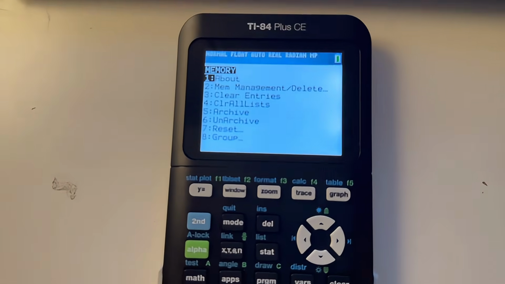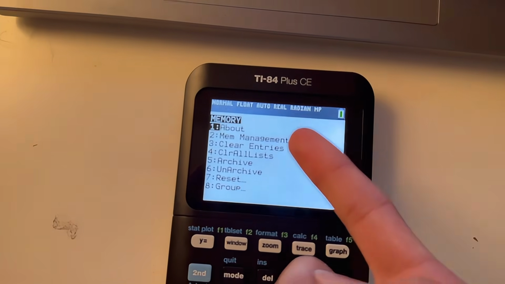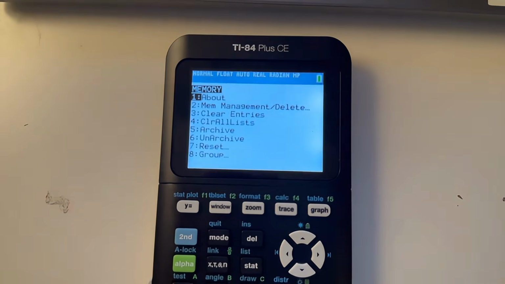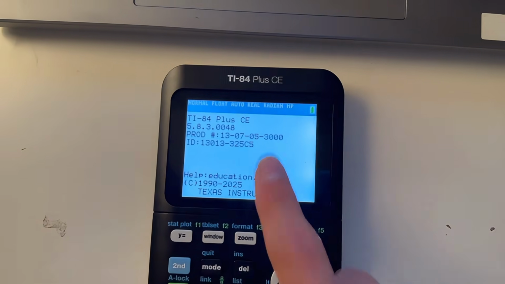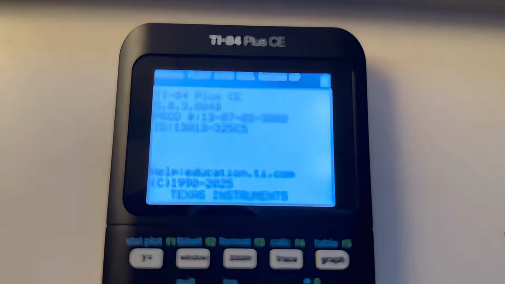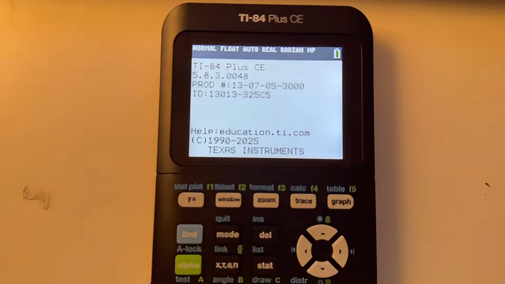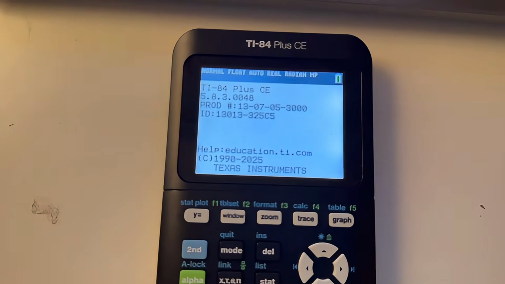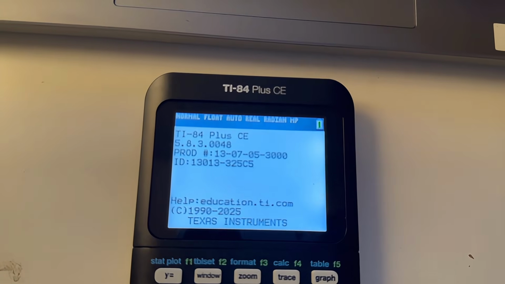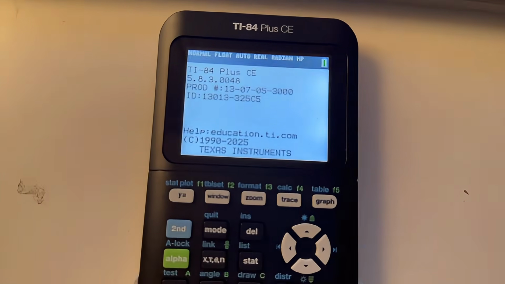My bad about that. I just had to click on second plus. And if you want to see what version you've got, you just go into About and click Enter. And then you're just supposed to see the version. But anyways, the newer versions are 5.5 and higher, so the older method won't work on here. But I'll show you guys how to do the latest method, which I used to get some games